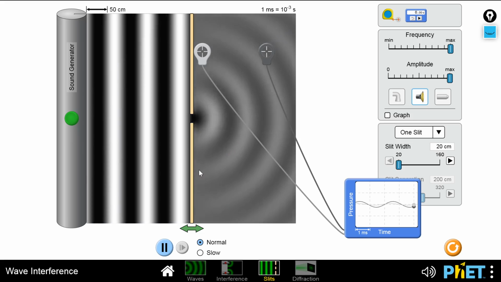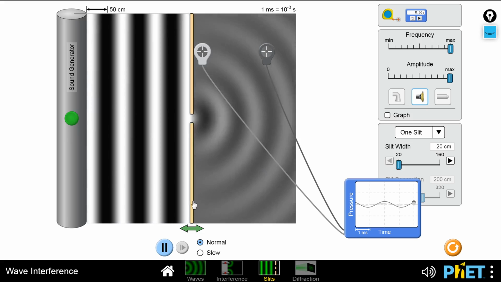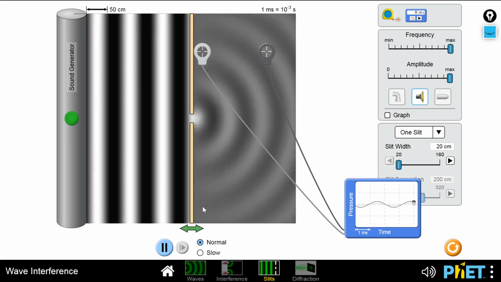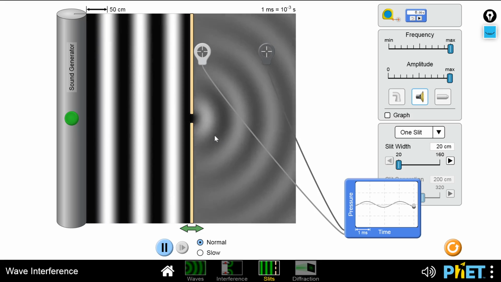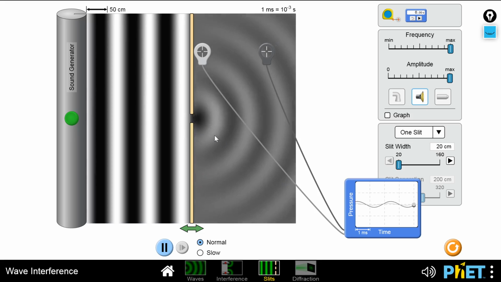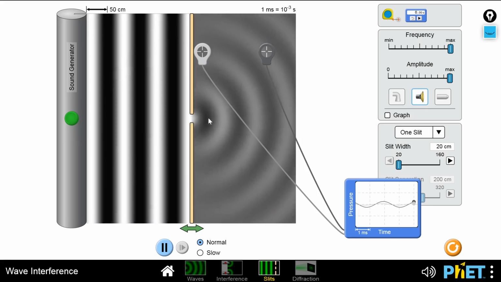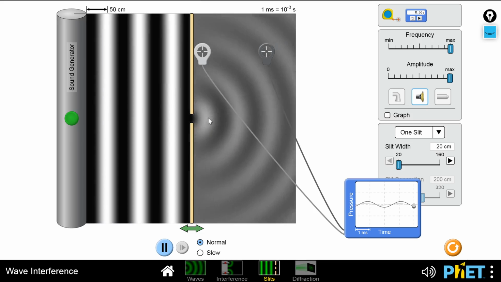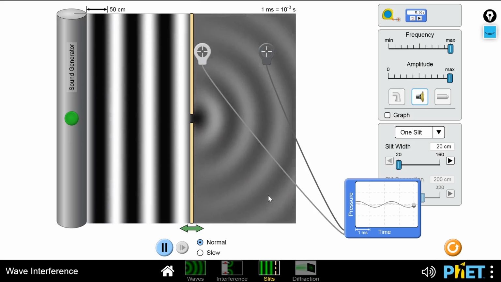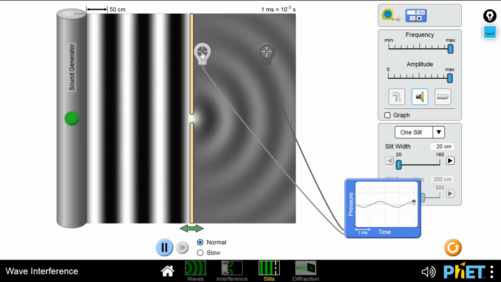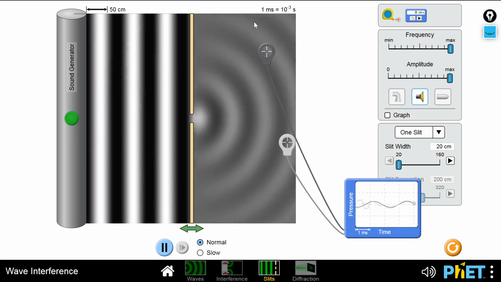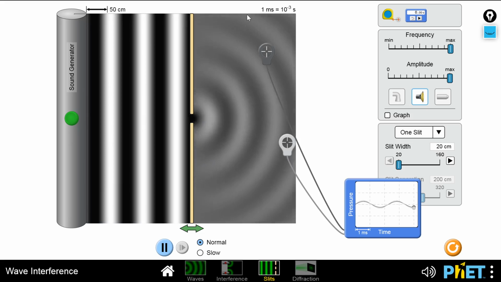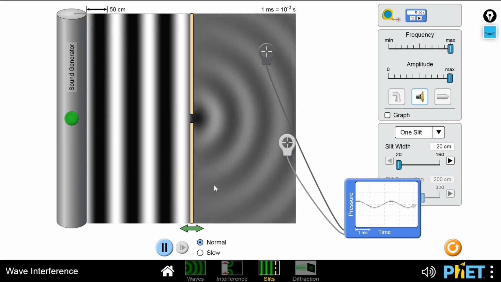Along the barrier, as you can see by the little grayish area in here, the pressures don't reach the same maximums and minimums as other portions of the pattern out here. And as you can see with the gray area, both top and bottom,